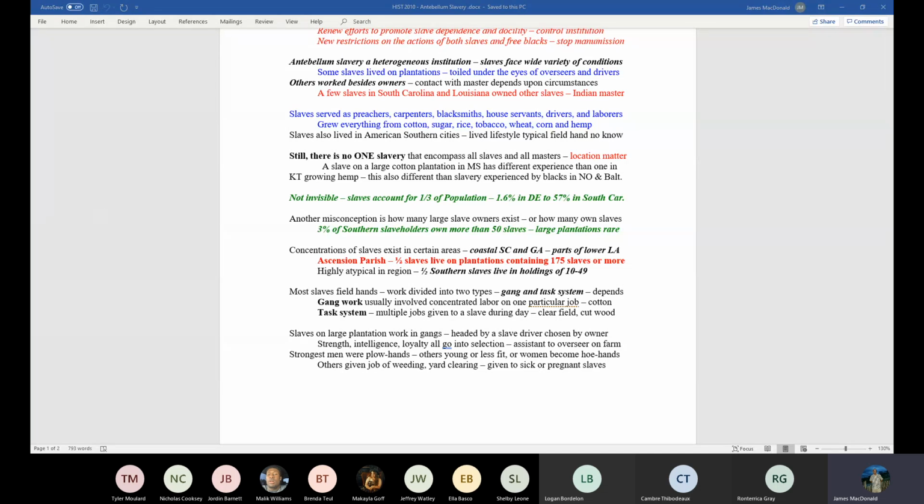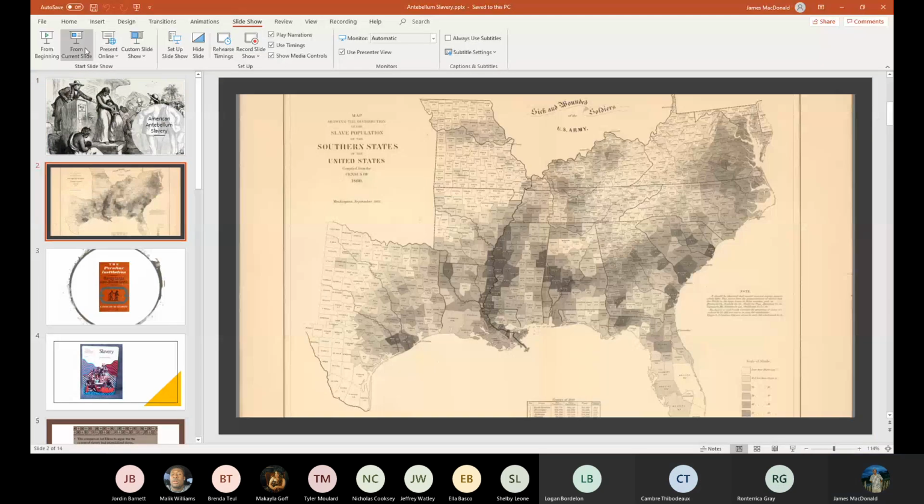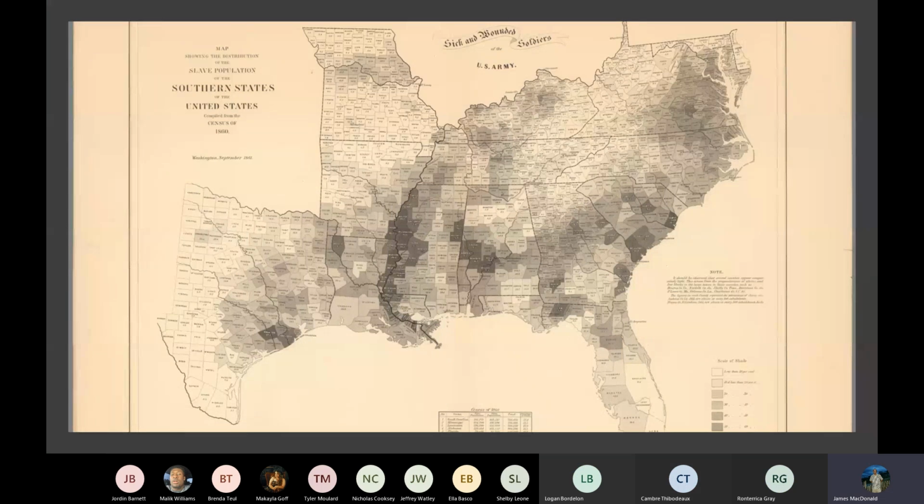Let me again pull up the PowerPoint here. We'll show you where slavery moves. Okay, concentrations of slavery in the southern states, not always easy to see here. There you have it. You can see the concentrations in coastal South Carolina and Georgia, in central western Alabama. Look on the Mississippi River there, Mississippi all the way down to New Orleans, East Texas.